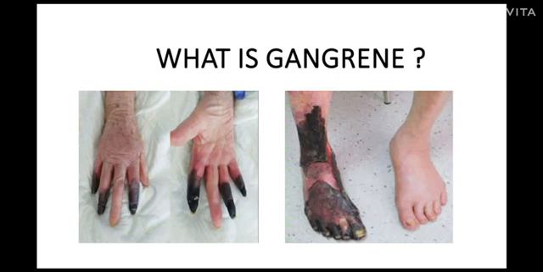Today I will be talking on gangrene and its types. So first let us see what is gangrene. Gangrene is a condition that occurs when body tissue dies due to loss of blood supply. Fingers, toes and limbs are most often affected, but gangrene can also occur inside the body, damaging organs and muscles. Conditions such as diabetes, smoking, trauma or serious injury can cause gangrene.